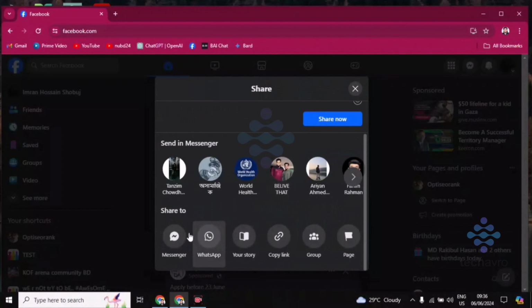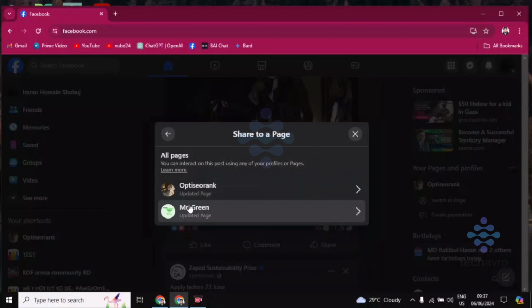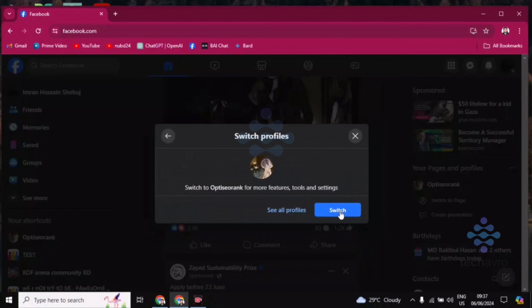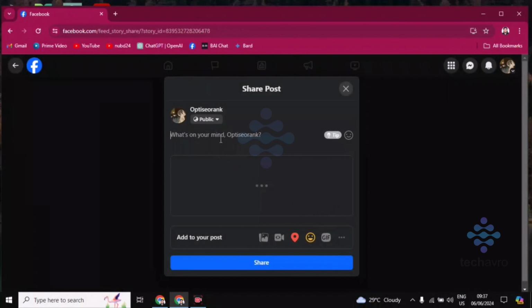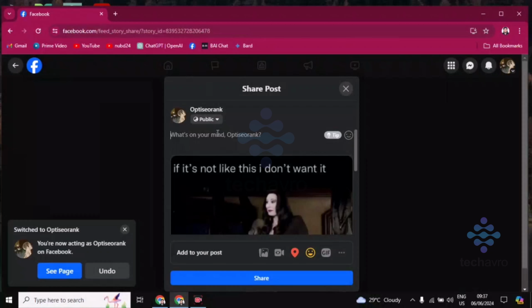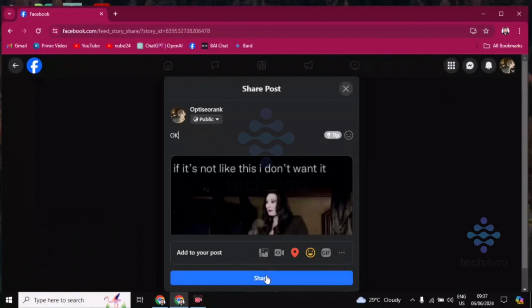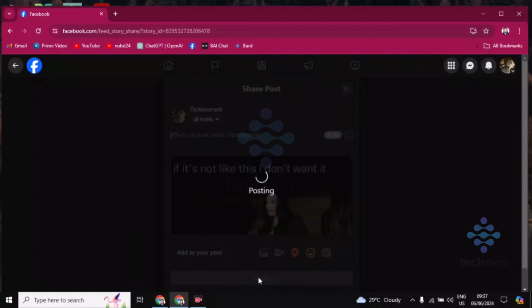Then you have to go down and you'll find here the page option. Click on page and choose the page you want to share with. I'm choosing this one and clicking on switch. And if you want to write anything, you can write anything like this. Click on share